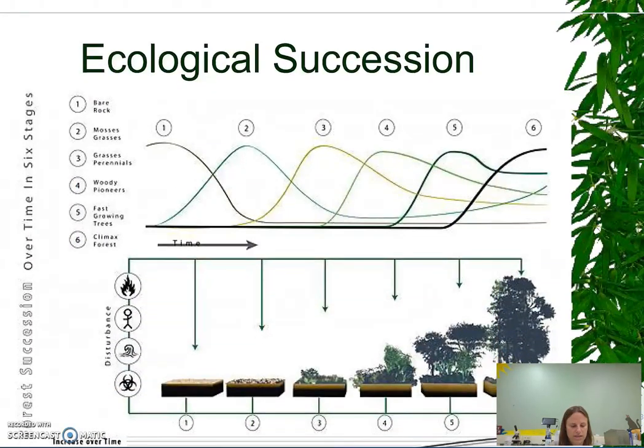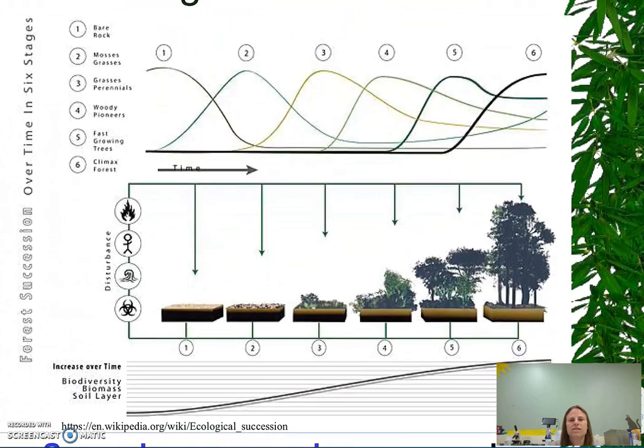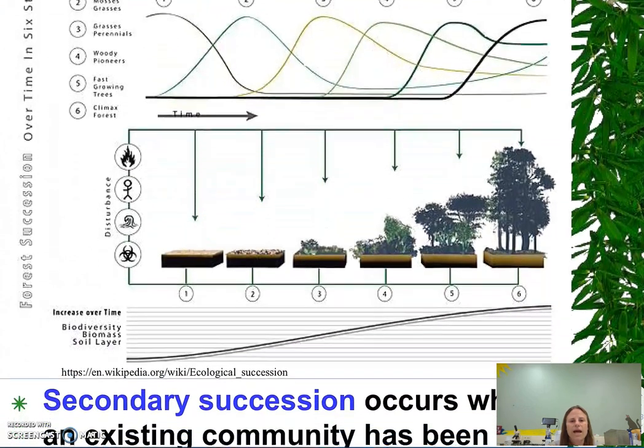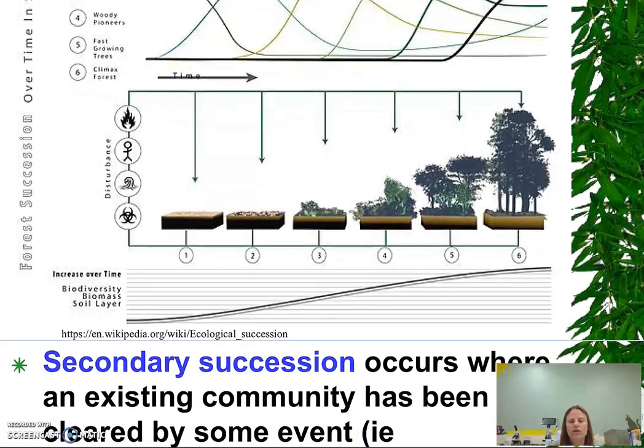This is a nice picture that summarizes ecological succession. At the bottom, you can see that over time, as my community develops into a climax community, my biodiversity increases, as does my biomass, and my soil layer becomes thicker as well as contains more nutrients such as nitrogen and